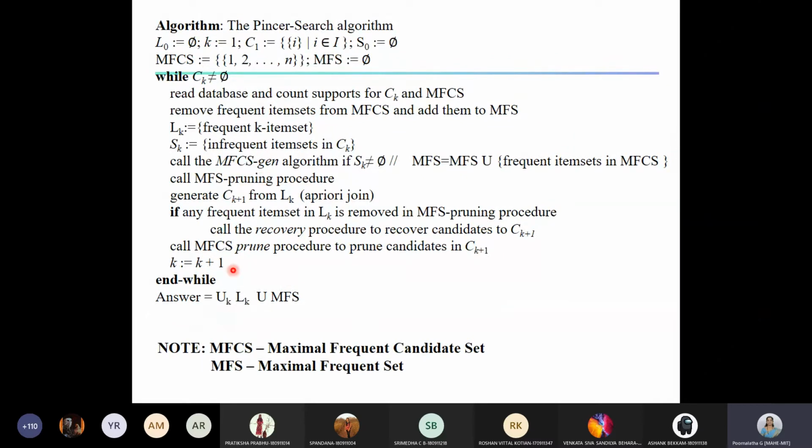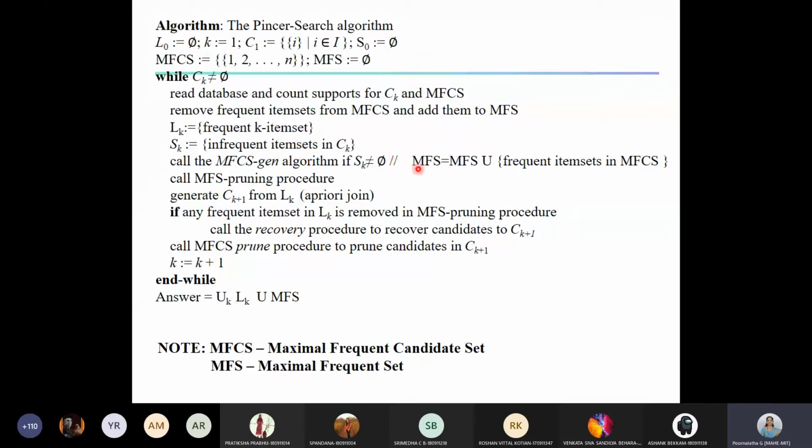Now I'll show you these algorithms. I'll just tell you why I had to change this. Because here we have a condition, right? If LK comes, but in Arun Pujari he has mixed up these LKs and CKs. That's the reason there are slight errors in this part. For example, this LK is not given in Arun Pujari, but we require LK, isn't it? We require LK for the bottom up search. So I've added this one here, and also this he has not added.